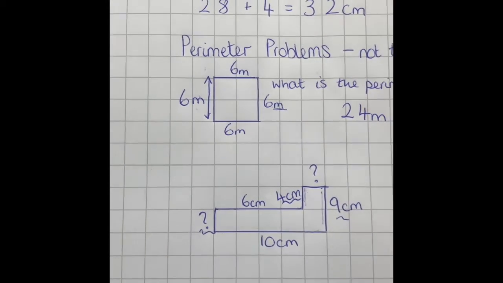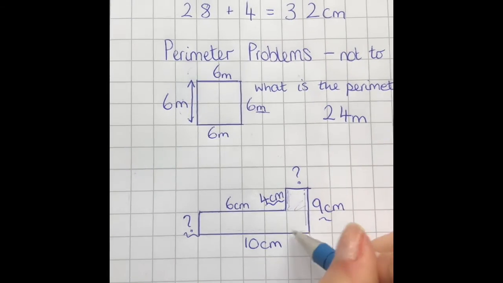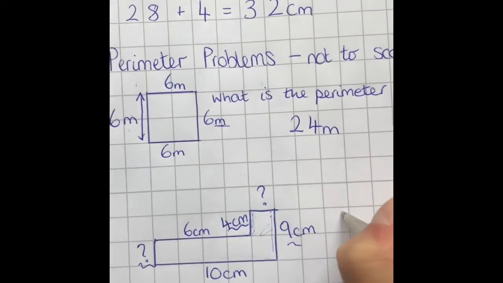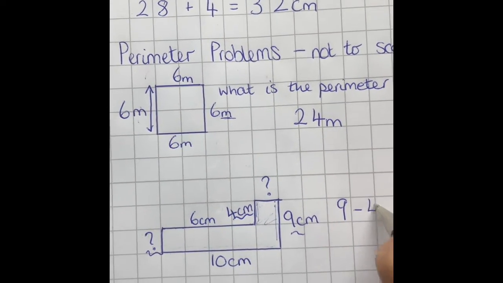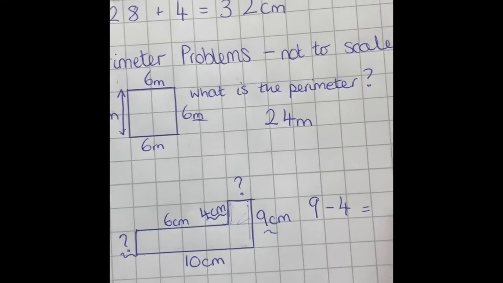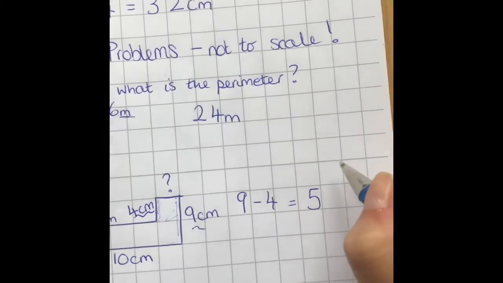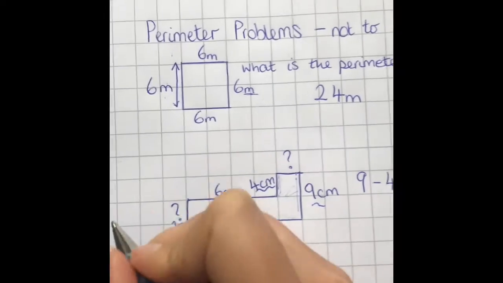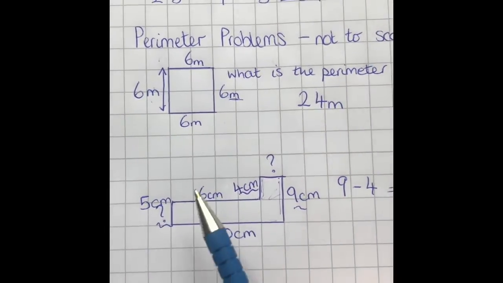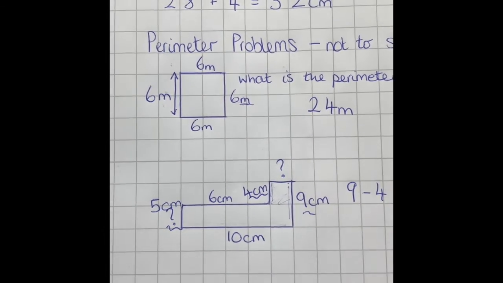take away 4, so this is my 9 length here, and I take away that 4, I get this square here, which is my mystery length. So I'm going to do 9 take away 4, which equals 5. Remember your units you're measuring in, centimeters. So down here, I have 5 centimeters. And you know it's correct because if you do 5 add 4, you get 9, which is the biggest vertical